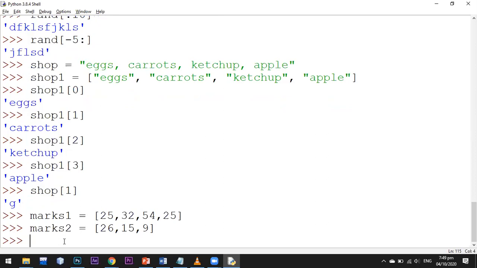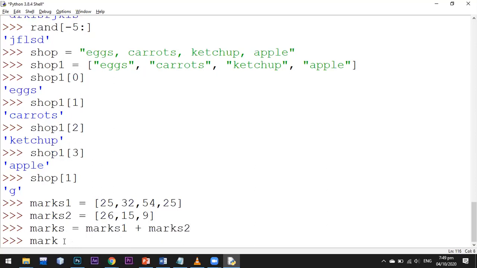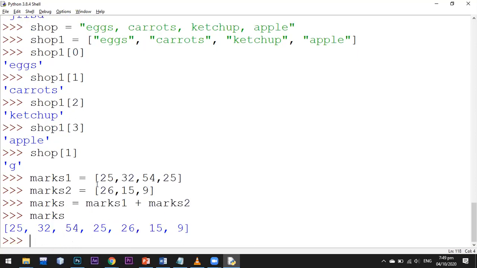If I want to make a single array using these two arrays, I have to write marks equals marks1 plus marks2. Now if I print marks, you can see the first four items are from the first array and the last three items are from the second array. So in that way you can join, concatenate two different arrays into a single array.